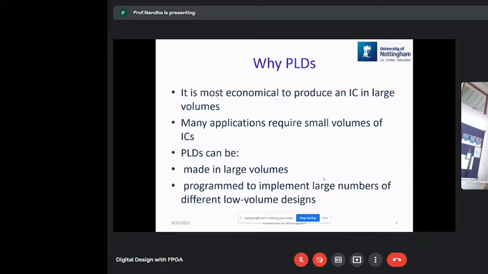So why PLDs? It's an economical way of producing an IC in large volumes. Usually, some applications may require low volumes of ICs, and it is not feasible for everyone to make an application. The reason is that it is very expensive. We need to make a large volume in order to make it an affordable price. So when you want a few thousand ICs, I think it's a better way to go for the